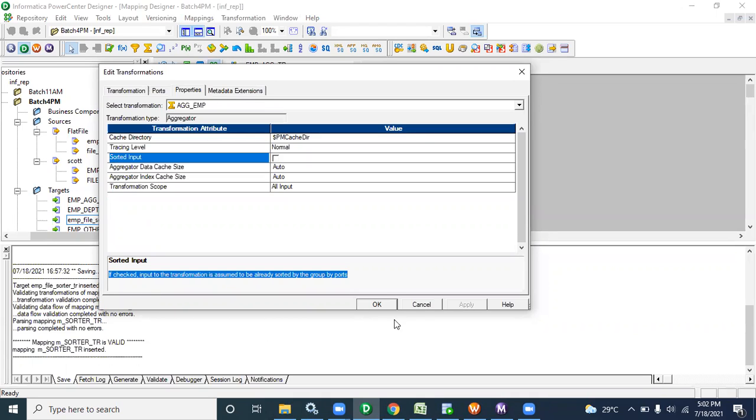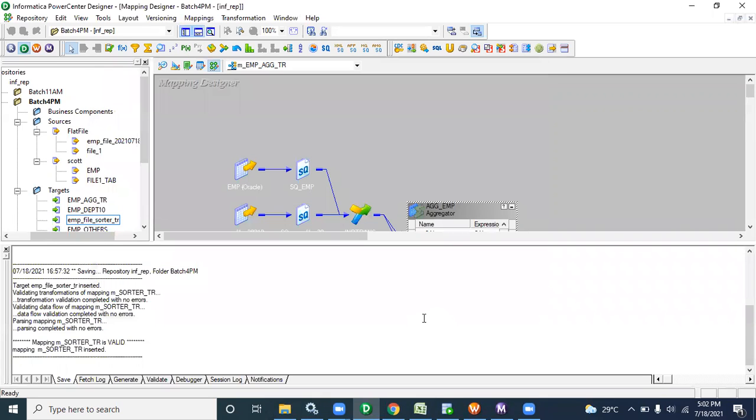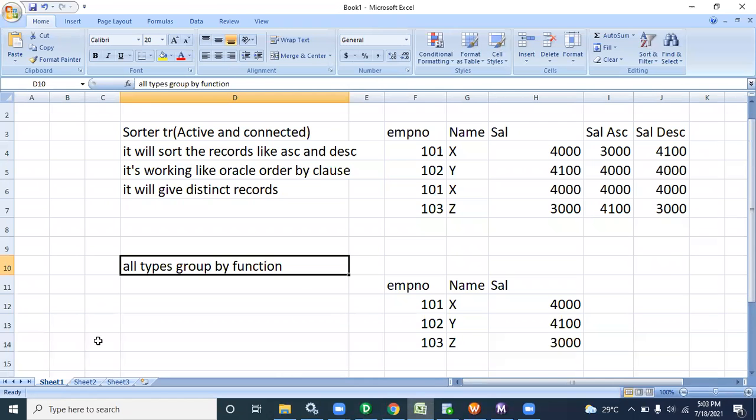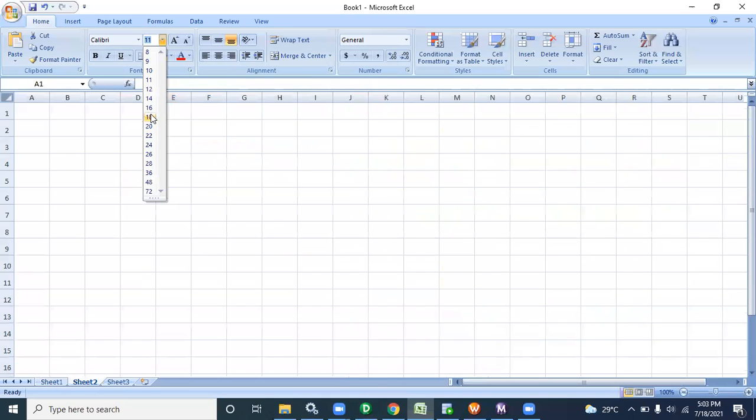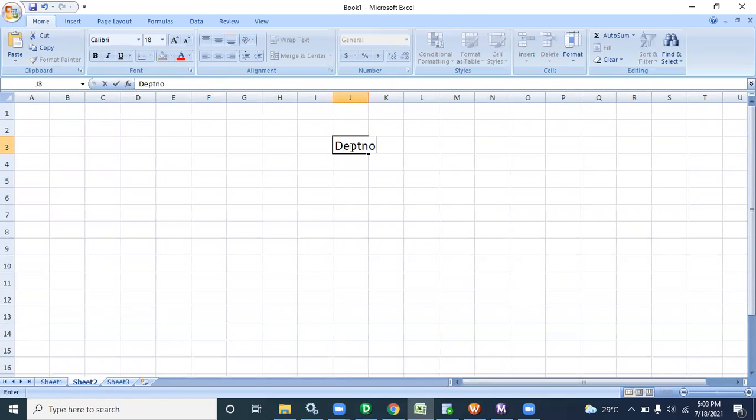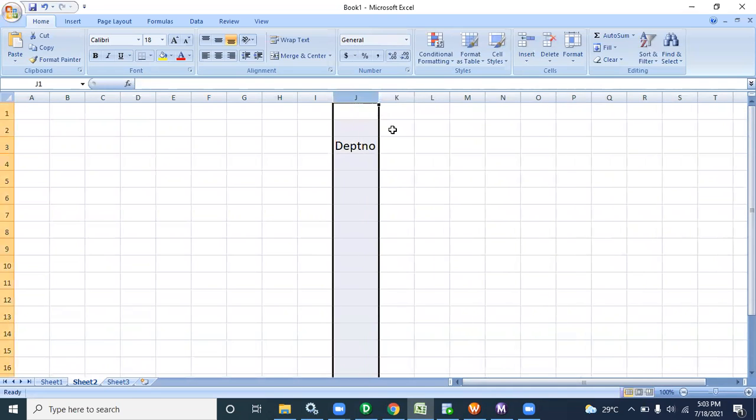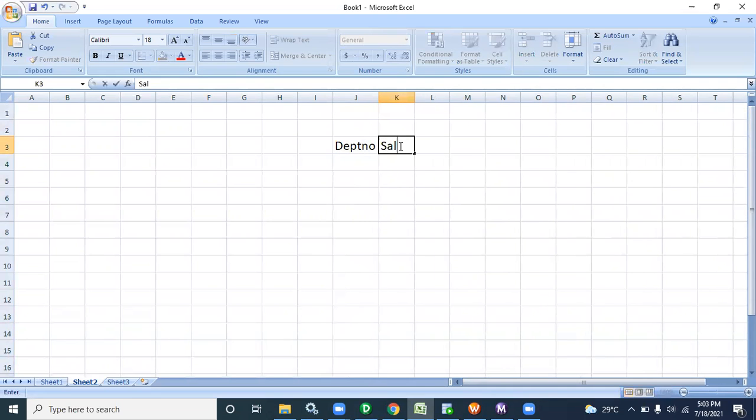How will it improve the performance? Because when you are working with some banking project or retail project or sales project, the data volume is very high. Suppose you have the same department number. For the aggregate function, I am putting only a few records: 10, 20, 10, 30, 30, 10, 20, like this.